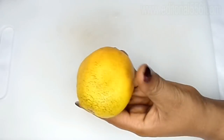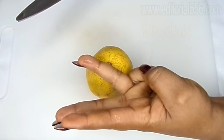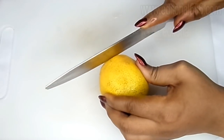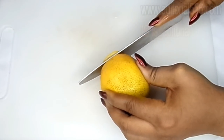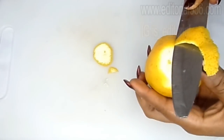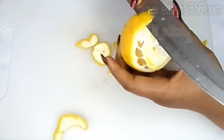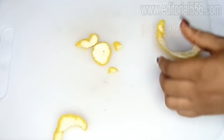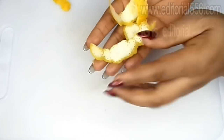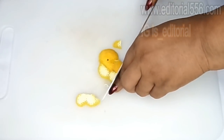So this is orange, and what we're going to need here is the orange peel. We're only going to need 3 ingredients for this particular remedy, and this remedy works very well. So what we're going to do now is peel off the orange peel, just like that. Alright, guys, so this is what we need: some orange peel, and we're going to be